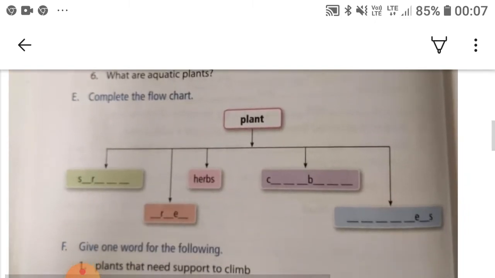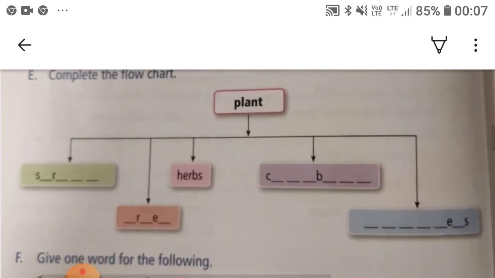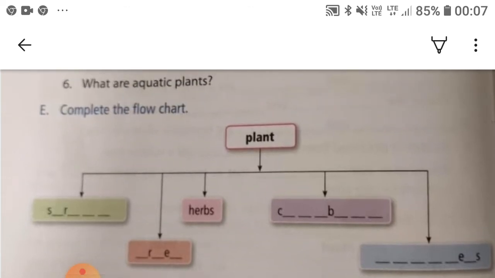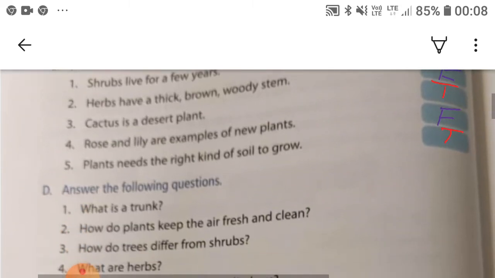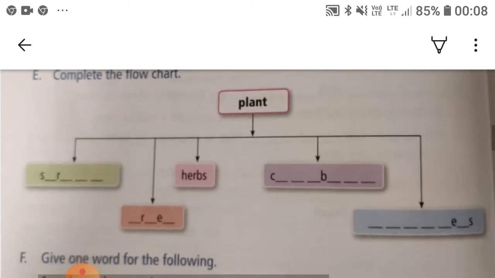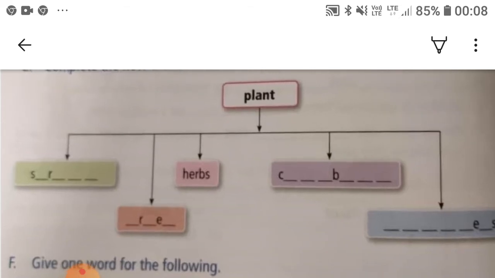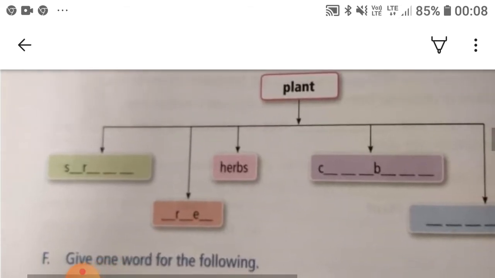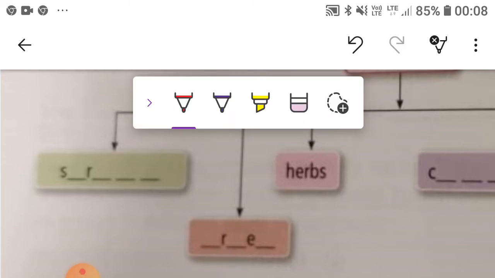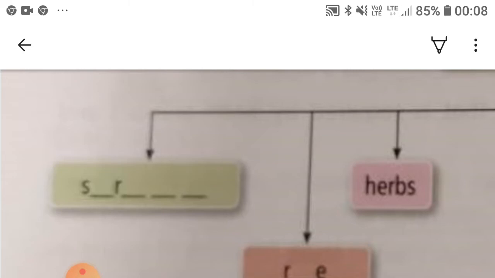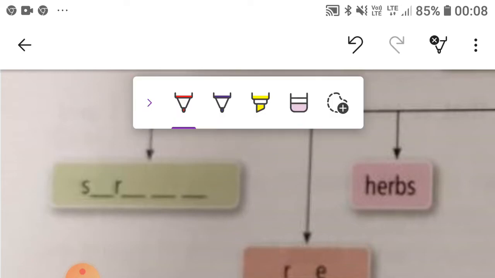Now complete the flow chart. You have to do this work in your book, not in your copy. So complete the flow chart. Plants can be categorized into 5 parts. So number 1 should be shrubs. S